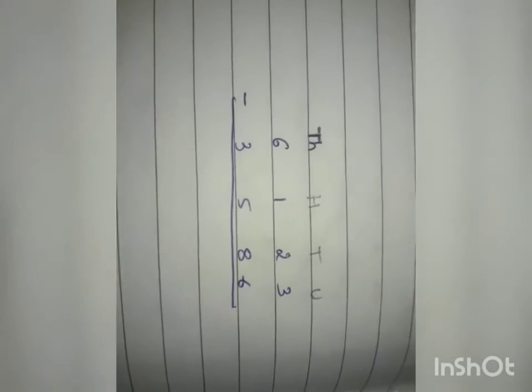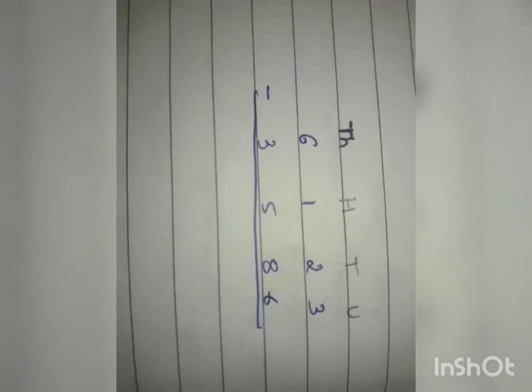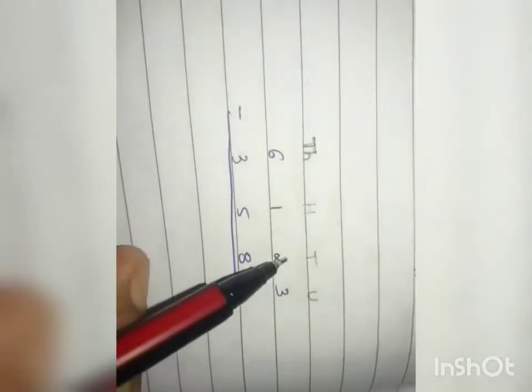I have written the numbers under their place values. So let us go on subtracting them right from the units. As you can see here, the number 3 is smaller than 6. So can I subtract 6 from 3? Can I give 6 chocolates to my friend when I have only 3 chocolates? No, right? So how do we subtract it? To subtract it, we have to borrow 1 from the tens.